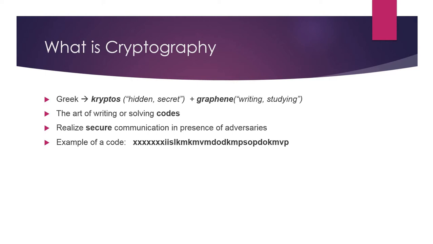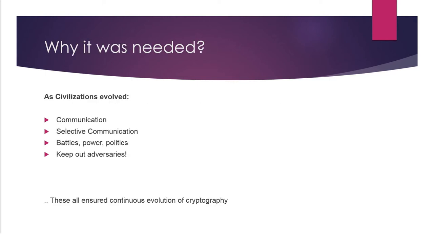Now coming to the next part of the slide, which talks about what led to the evolution of cryptography. I would explain it in the most simple terms. We all know that when the first human being appeared on this planet, he was alone. It didn't take him much time to build small civilizations, because it's a basic need of a human being to stay with each other, to meet their basic needs of food, security, and things like that.